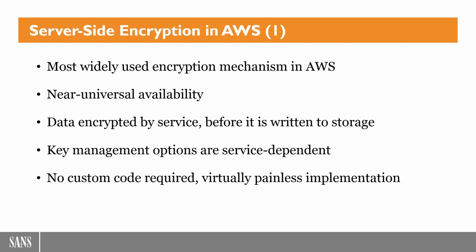But you can't assume just because it's the way you do it with RDS that you're going to do it the same way with S3 necessarily. So it does vary between services. The nice thing about server-side encryption is it's basically completely out of your hands. It's out of the developer's hands. You're not going to make any implementation flaws, at least in terms of the crypto, because you're not doing it. It's all handled for you. It's virtually painless. It's essentially, in most cases, just flipping a switch, if you will, and turning it on, and then identifying what master key you want to use.